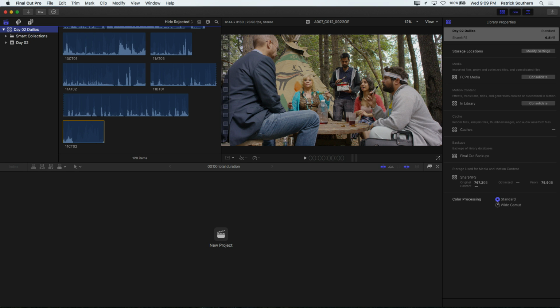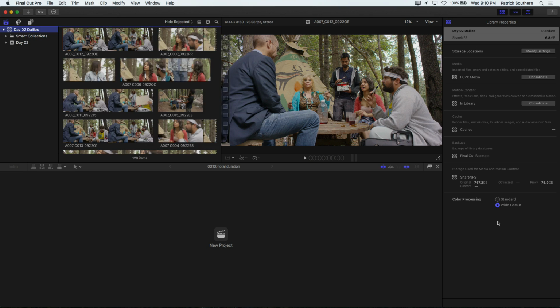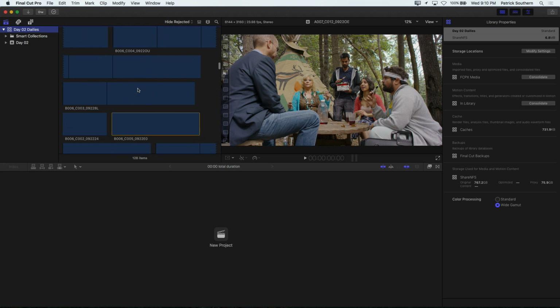Color processing: because we're working, in this case, on a trailer, and this trailer is going to be theatrically distributed, we want to go to wide color gamut so that Sam can color grade in P3 here in a little bit. All right, so now we've got a bunch of RED clips and a bunch of audio files,